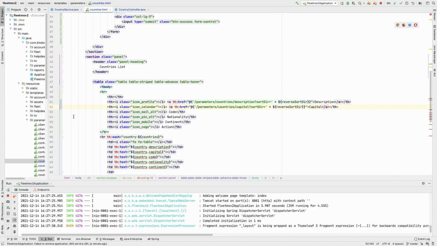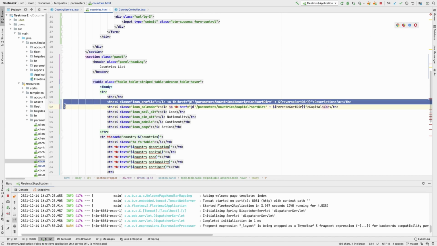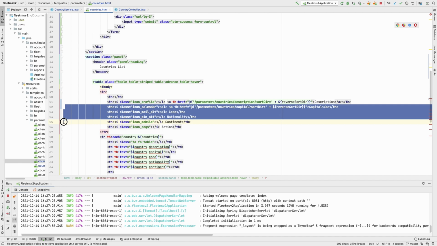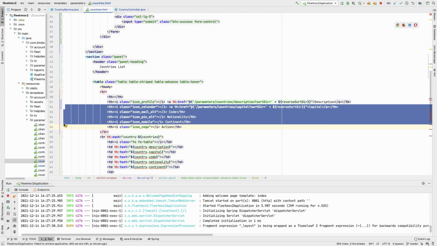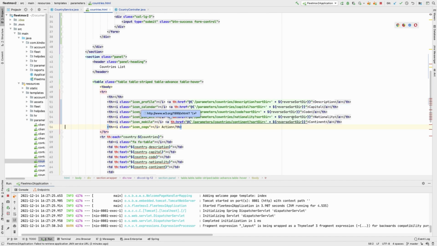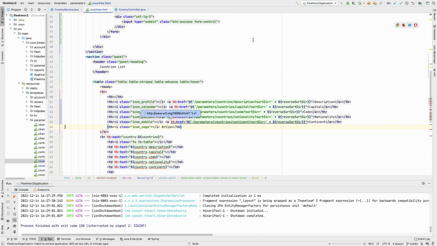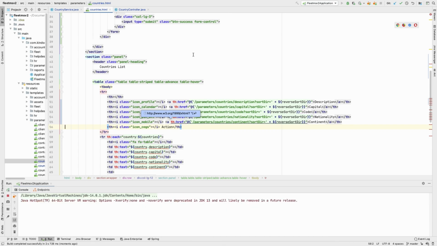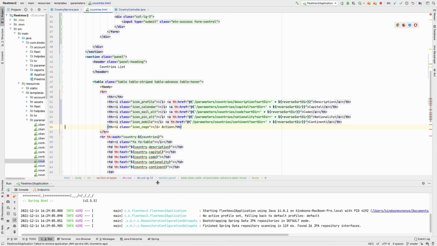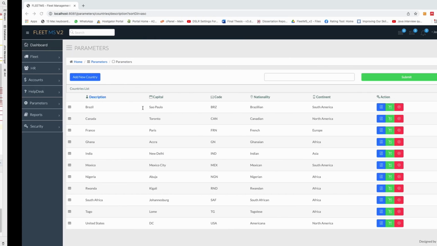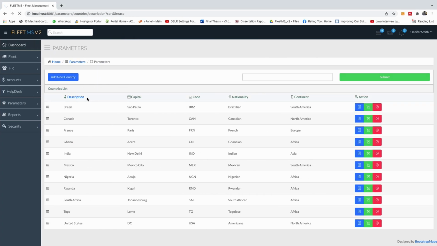So I think I'll just copy from where I have it and paste it. Give me 1 second. So I'm going to copy from here and paste here. All right, so this is exactly what we have. So if I refresh this now or relaunch it, it's going to come out exactly the way we want it. And let's go back to the page. I'm going to refresh and you